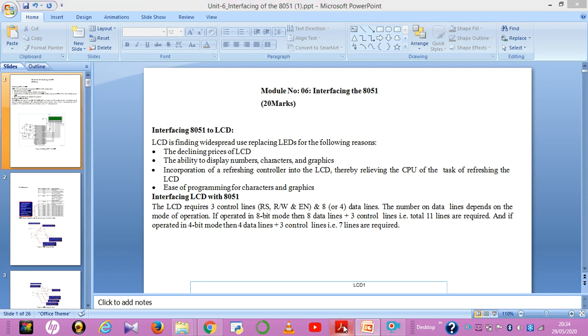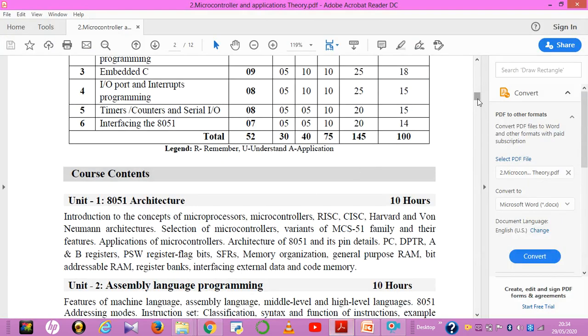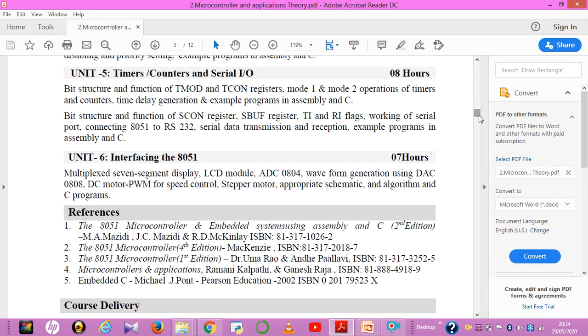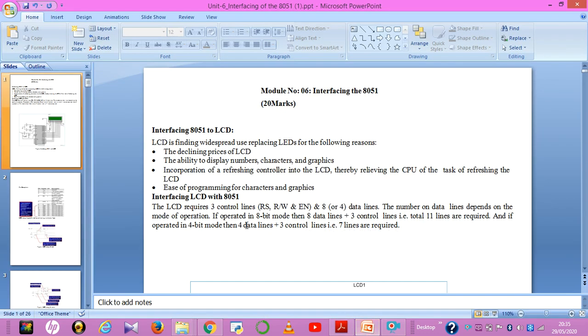For your syllabus, you have different peripheral devices. You can see Unit number 6, interfacing the 8051. Here we'll study how to interface 7-segment display, LCD, ADC0804, waveform generation using DAC0808, DC motor PWM for speed control, stepper motor, appropriate schematic and algorithm and C programs. We'll study all these things in this PPT, and here we'll explain all interfacing